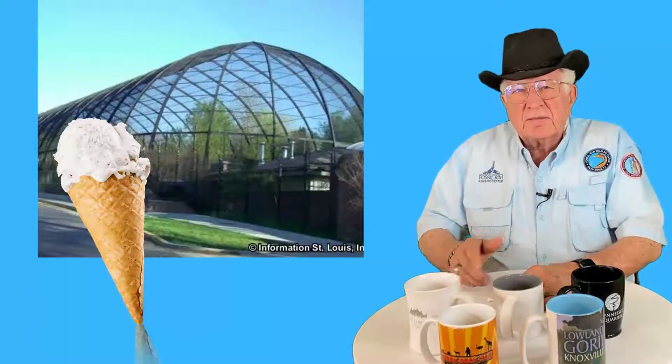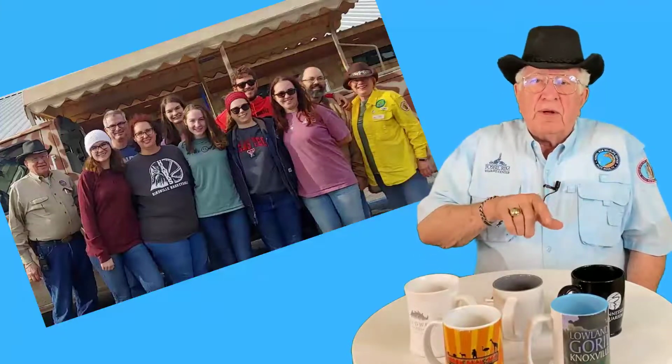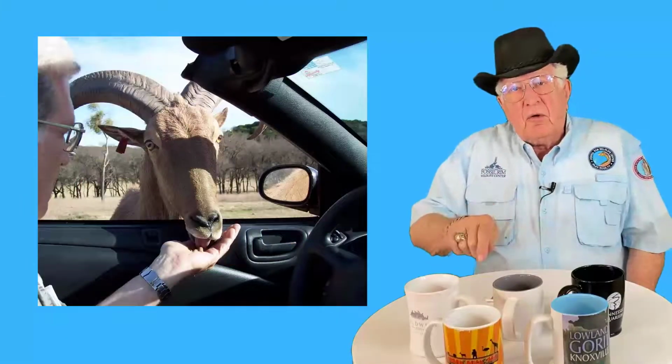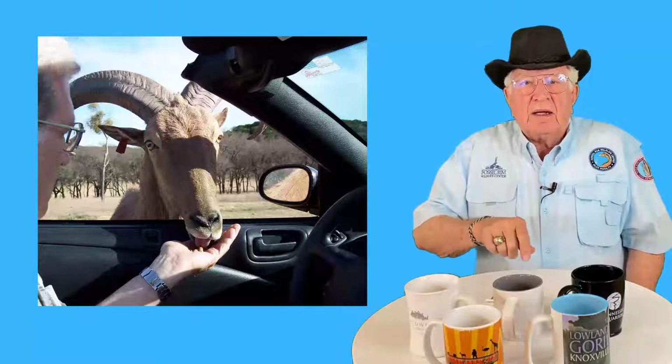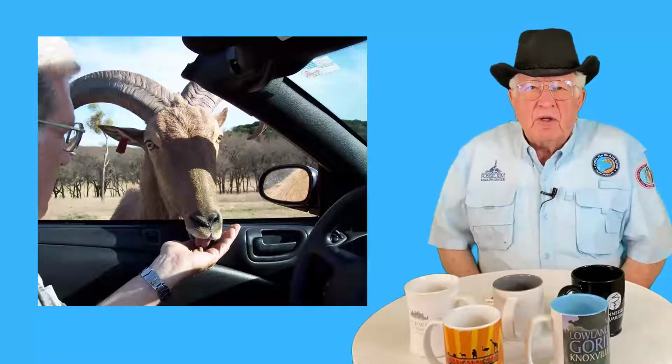Lots of good things. Now back to my favorite zoo, Fossil Rim Wildlife Center in Glen Rose, Texas. My wife and I have been tour guides and docents there for the past 9 years and have conducted hundreds of tours in their comfy tour vehicles. While the facility was open as a self-driving tour in 1984, guided tours were added. You can still drive yourself through the park, but a tour is the best way to view and learn about